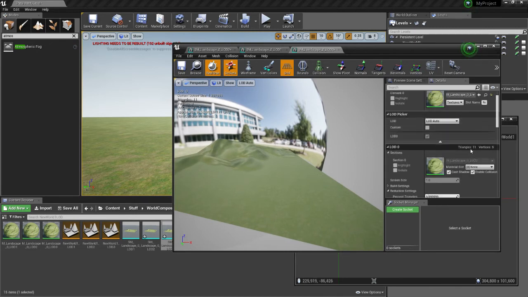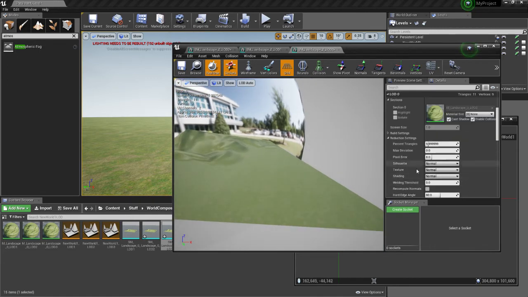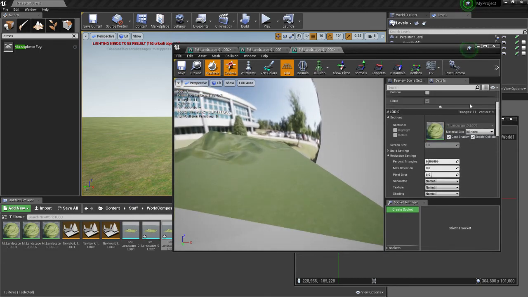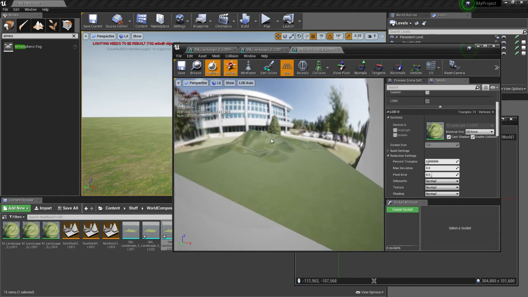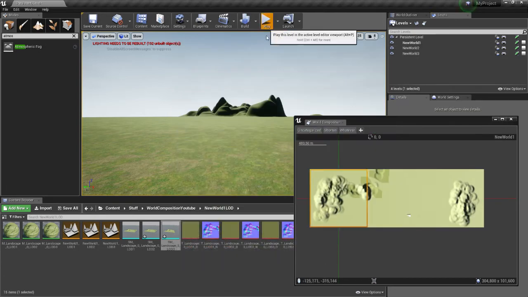And while we only have 11 triangles for this world, you might want that, which is extremely low number for a landscape, and it becomes very obvious. It sort of starts looking like a Nintendo 64 game. So you want to mess around with these numbers, and you want to make sure that you get the values that you want. Because now if I load in,